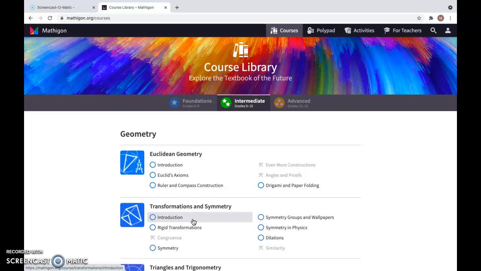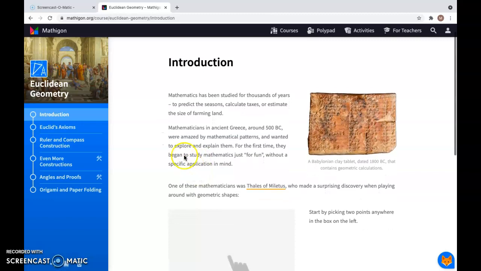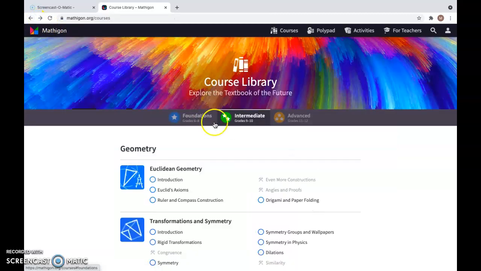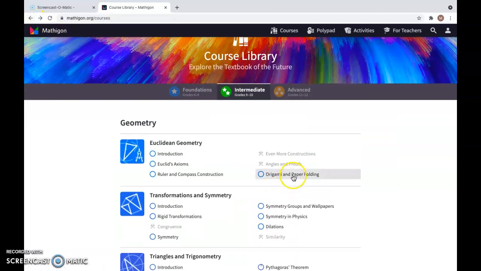The resources in this section are interactive and engaging, and they also have an auditory feature that takes you through the content. So here's an example. And you can just hit play here and it will read it to you. The only downfall about this section is that a lot of the content is not available because it is currently